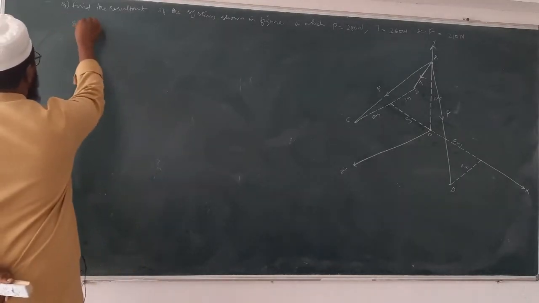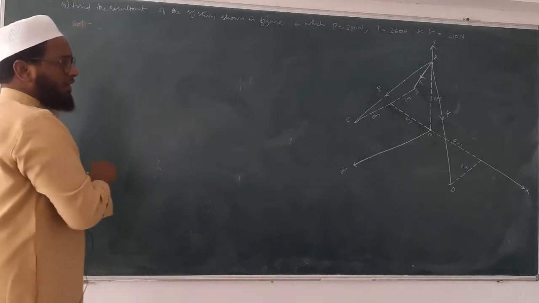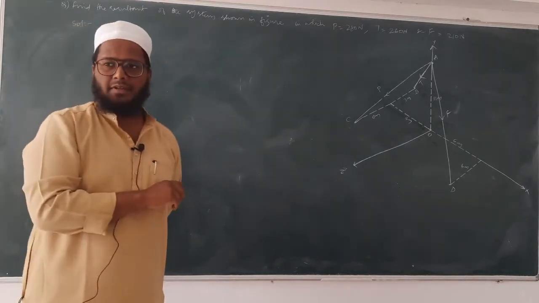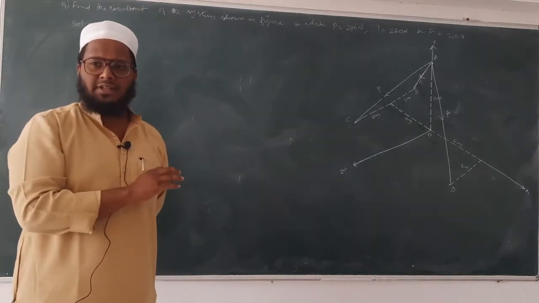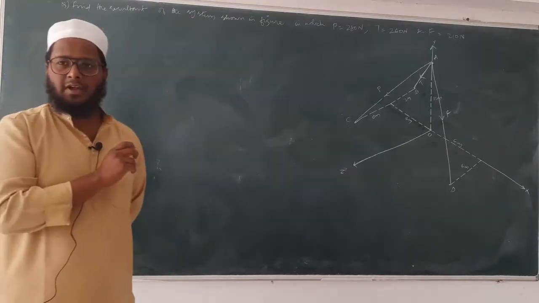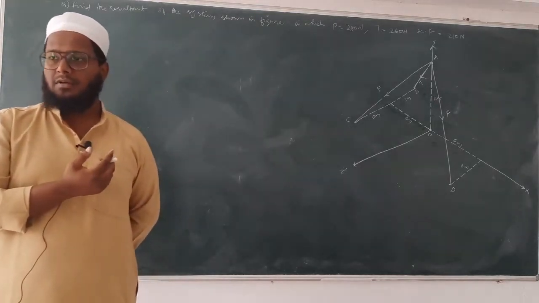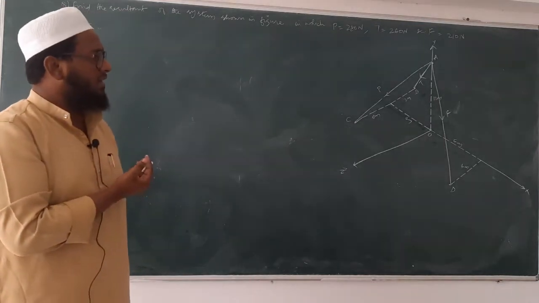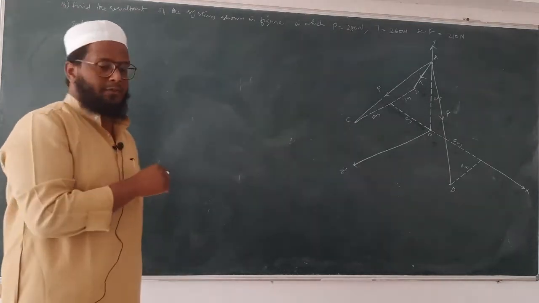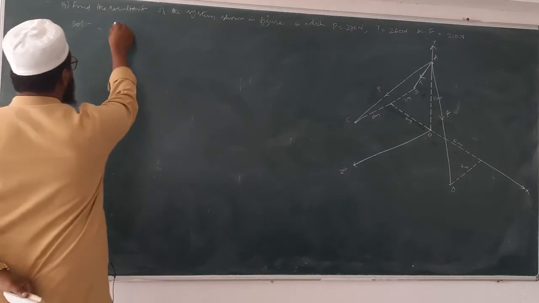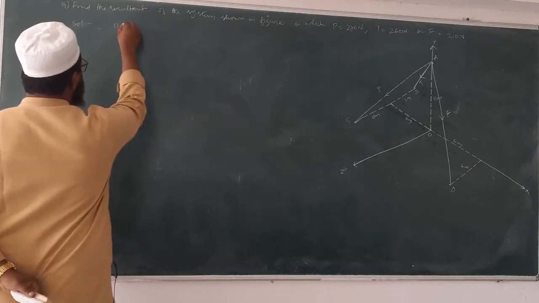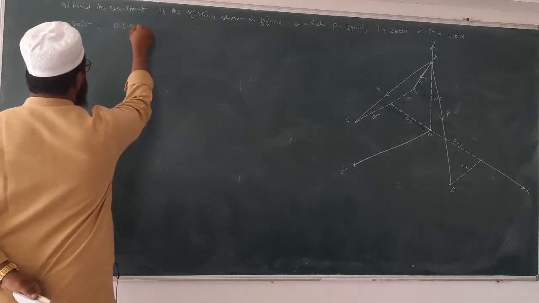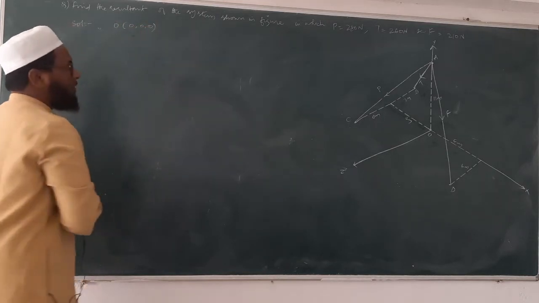Now see here. We will start our calculation. All of you see here carefully. It is very, very important. So the very first thing when you get these type of problems is you have to first find out the coordinates. So how many points are there? A, B, C and D. Totally 4 points are there. First is origin, right? O is origin 0, 0, 0.